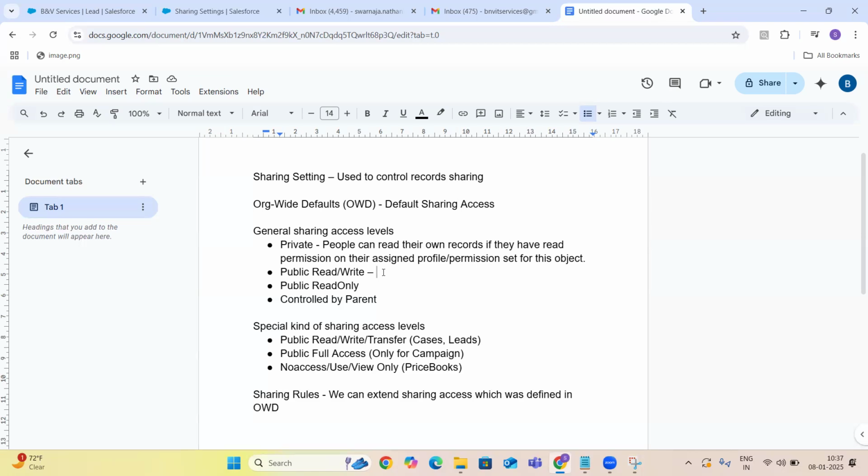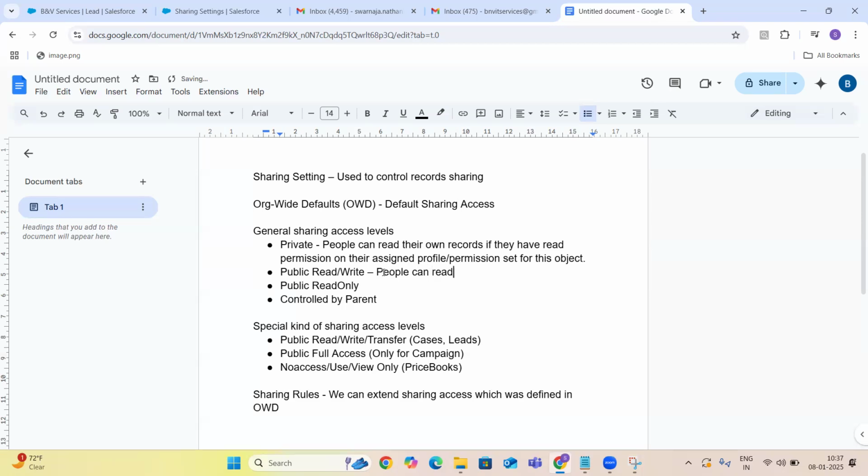But the only clause there is they should have read and edit permission on the profile level. If they don't have read and edit permission on the object at the profile level, they can't do it for the records also. So it is something like that.